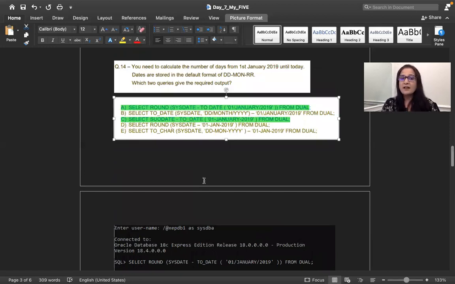Again, as I said, these function or date related questions which you're getting right now, try them and see what is the best way you can guess the answer. Okay, so now